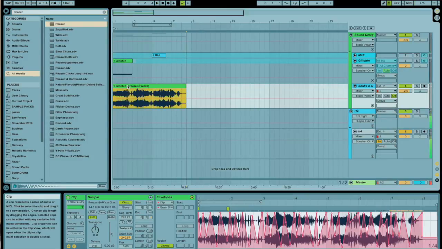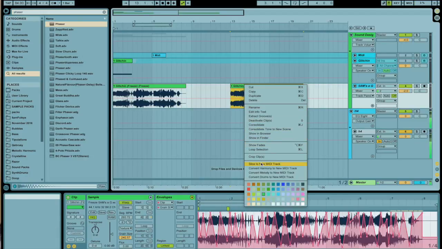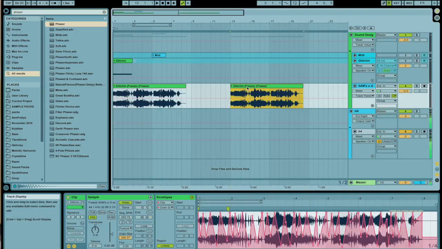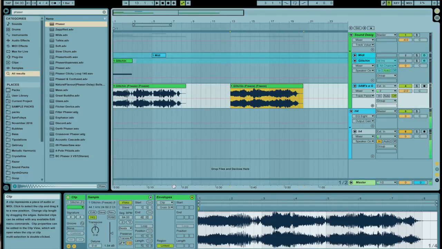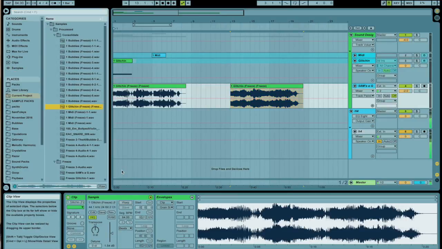So I'm definitely going to save this sound because I think this will be great for an intro sound, and I can also steal pieces from it for other tracks and really anything. So I'm just going to hit Command J to consolidate that clip, and now we have in the consolidate folder of our current project